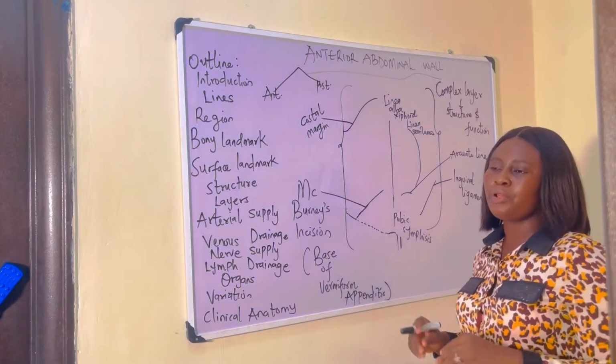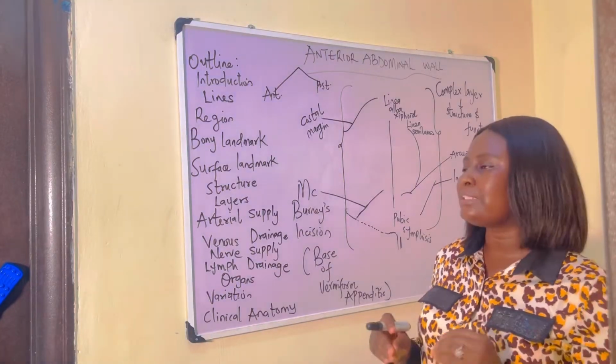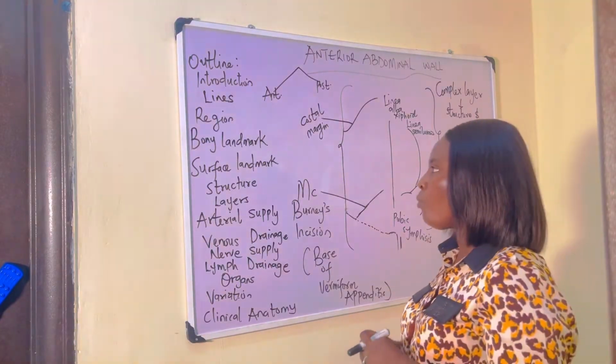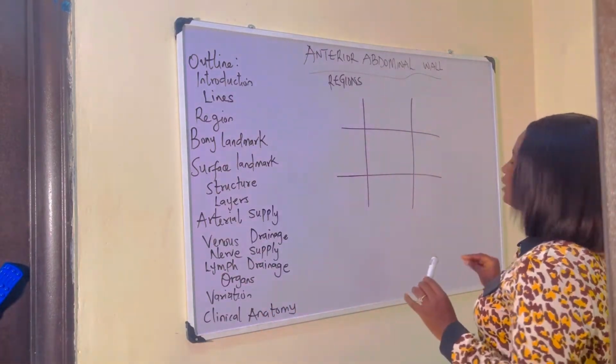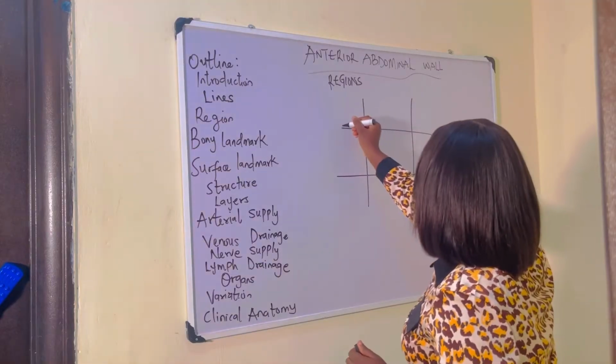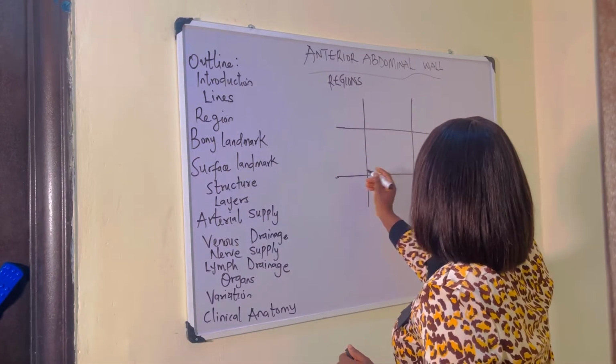So the next thing we're going to be looking into is the regions that we can see in the anterior abdominal wall. So talking about the regions of the anterior abdominal wall, the anterior abdominal wall presents 9 regions that are separated by 4